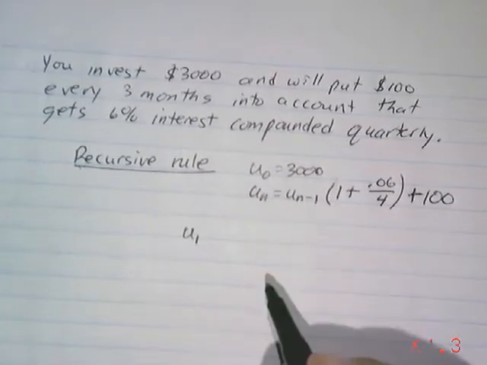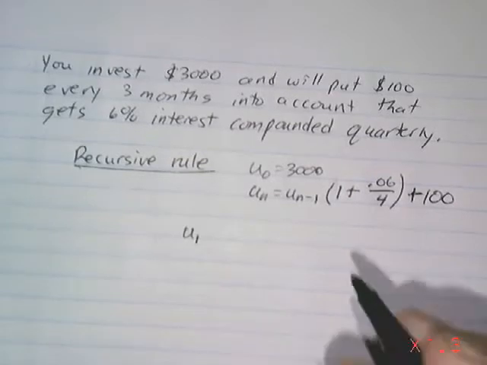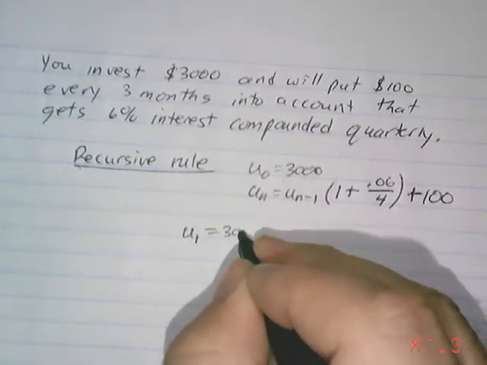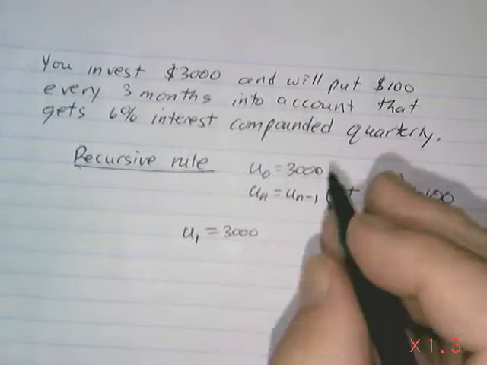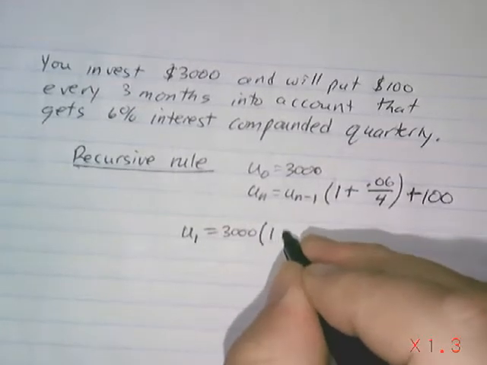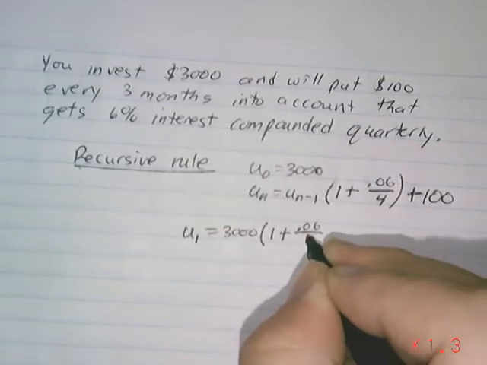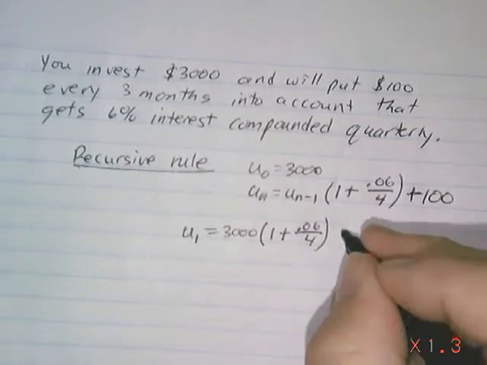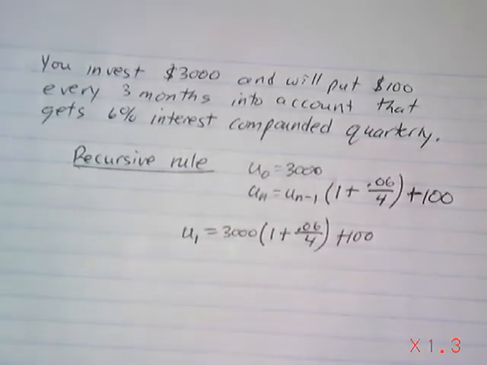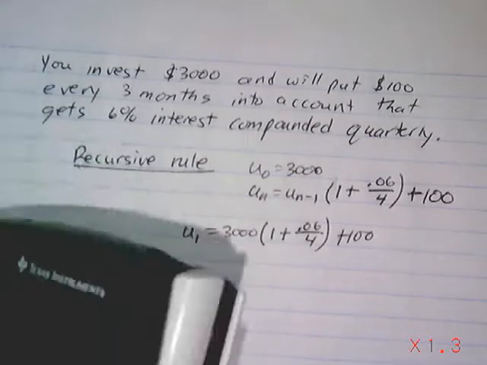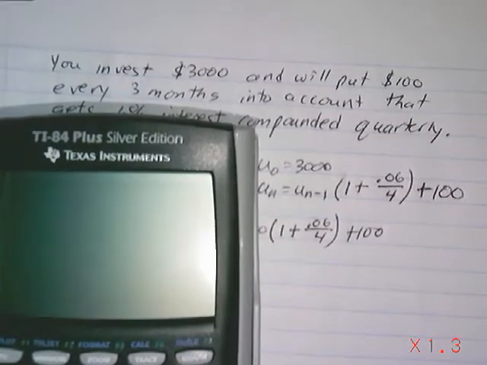We want our loan amount to go down, so we're going to set that payment as minus 120. So U sub 1 would equal that 10,000 times 1 plus 0.04 divided by 12 minus 120,